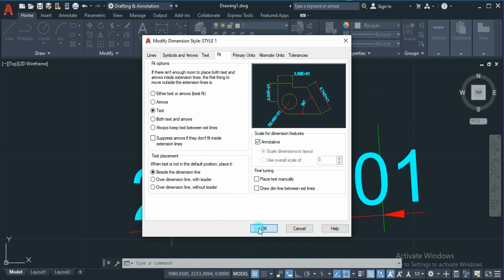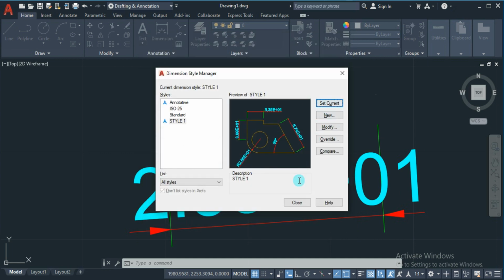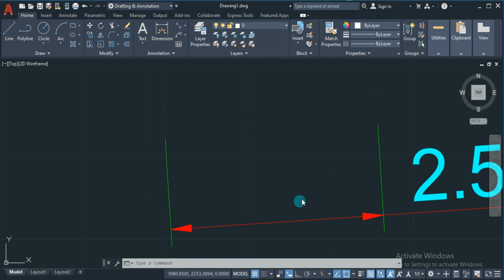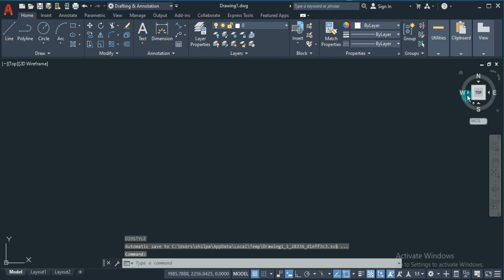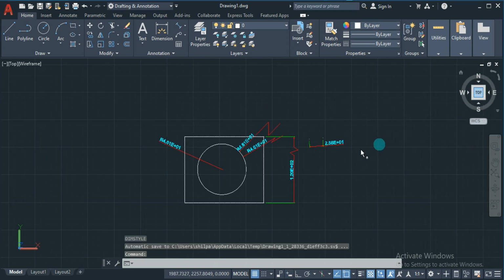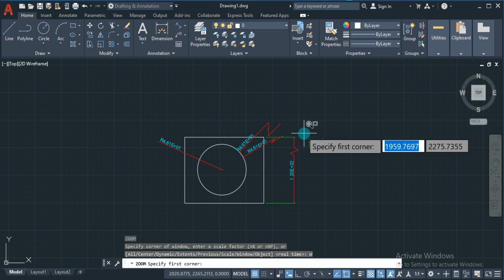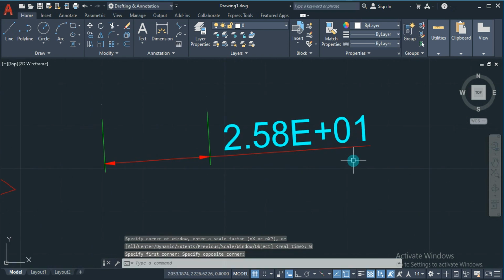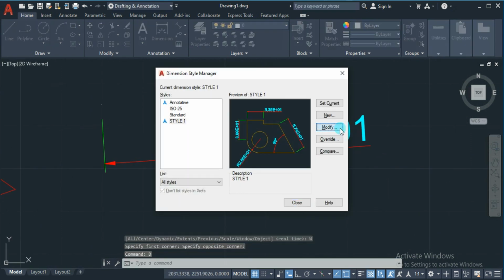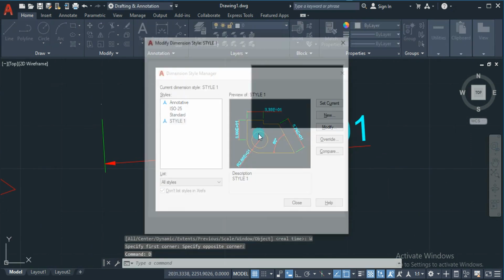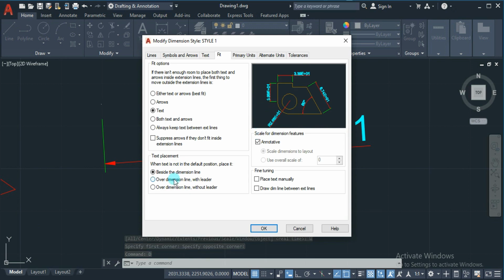If I keep beside dimension line, beside is just near to the object outside. We can see that the text has been placed beside the object over here. Let me zoom this part now. Another option is over dimension line with leader.